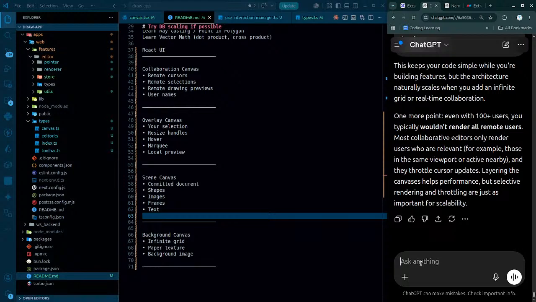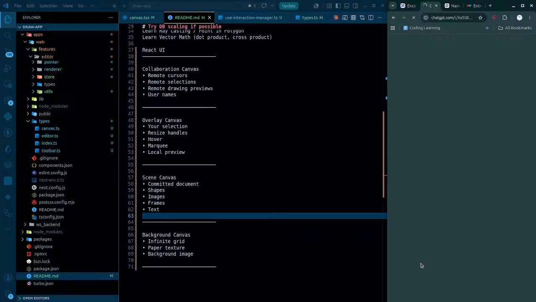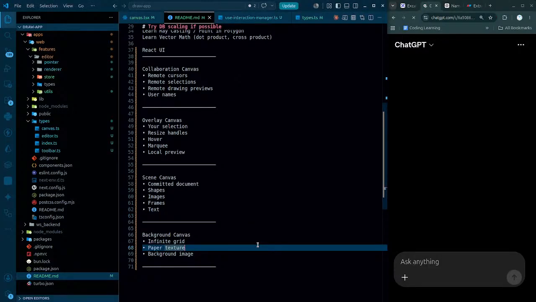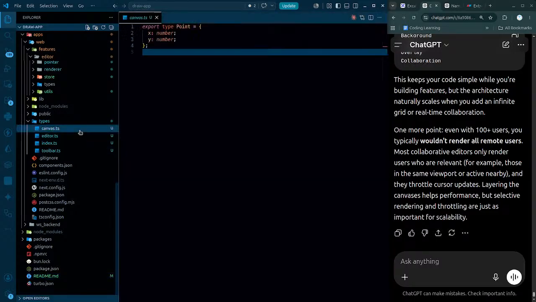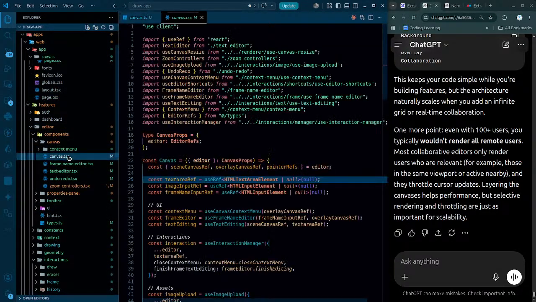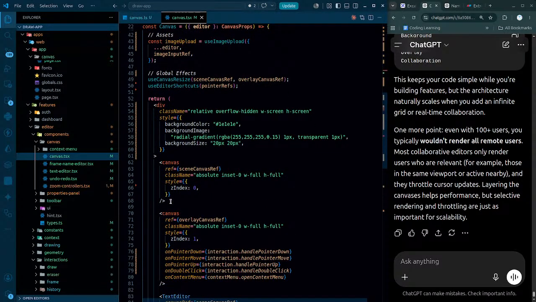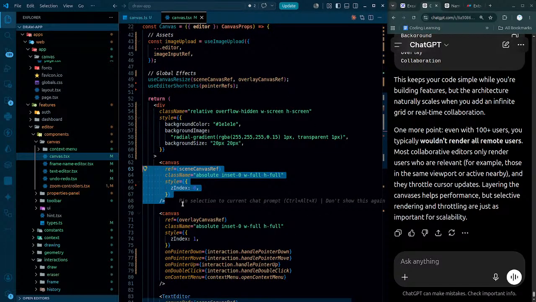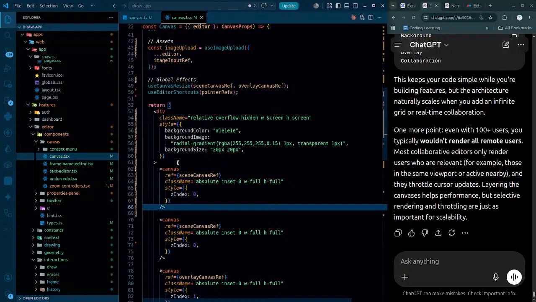Now it's time to implement one more thing here. Oh sorry, I'm gonna take a break right now, and once I'm back I'm gonna be implementing one more thing, that is gonna be the background canvas. And not only that, so we'll have one more canvas here, and probably this is the time